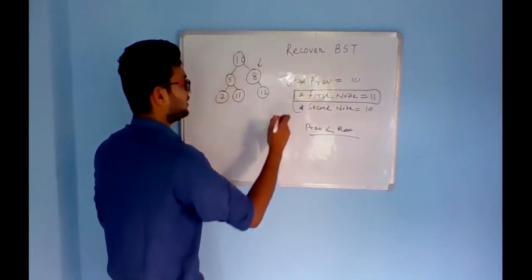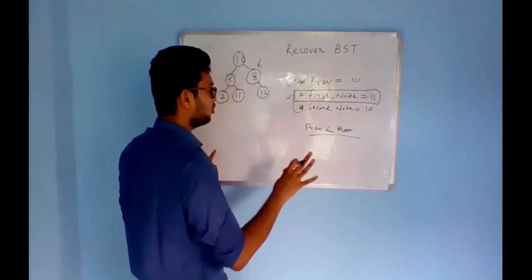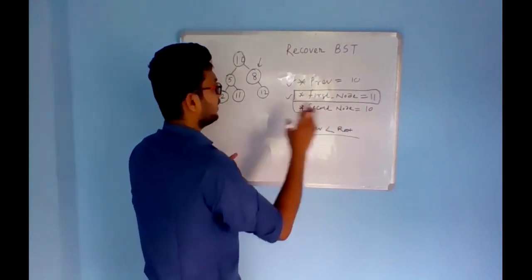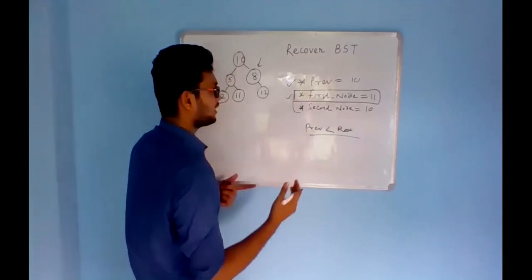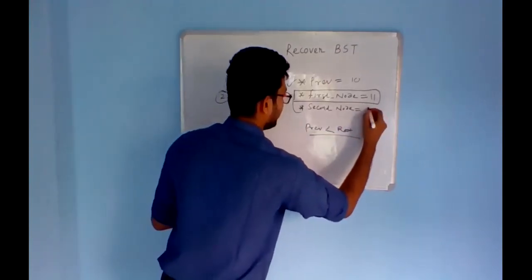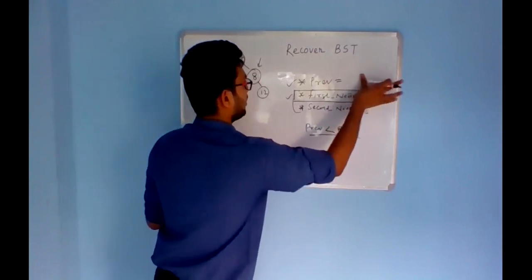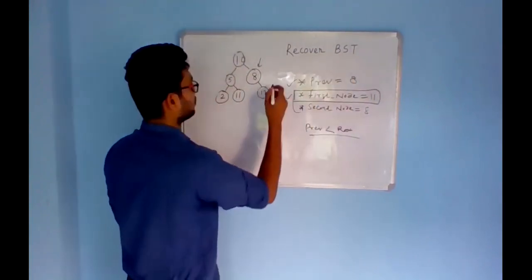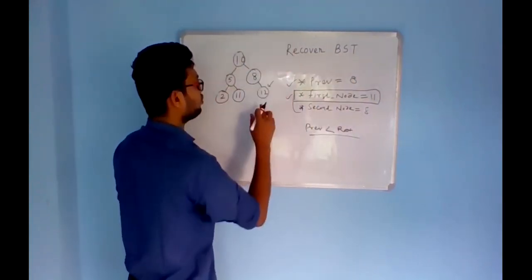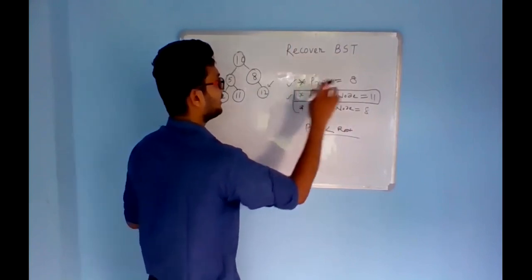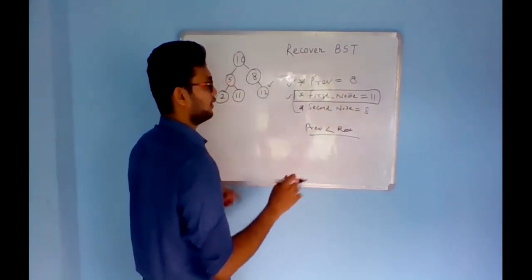As the first node is already found, we will now be finding the second node. We'll now update the second node. So the second node will be 8 right now, and let's update the previous to 8. Now let's move on. When I came to 12, I see 12 is greater than previous, and that is okay.